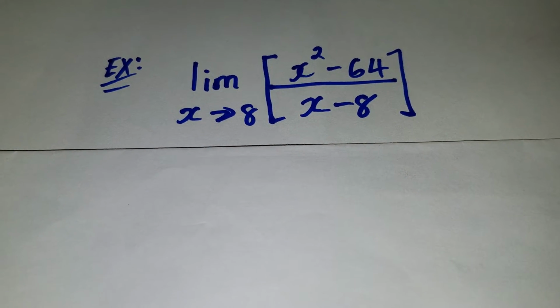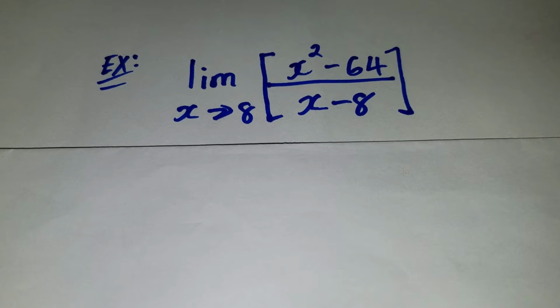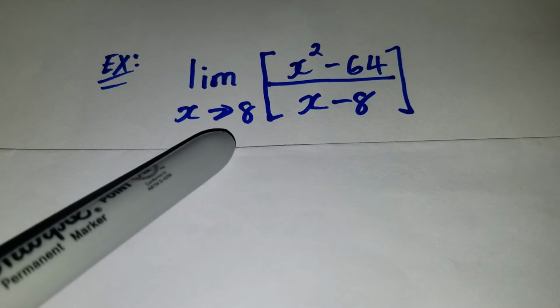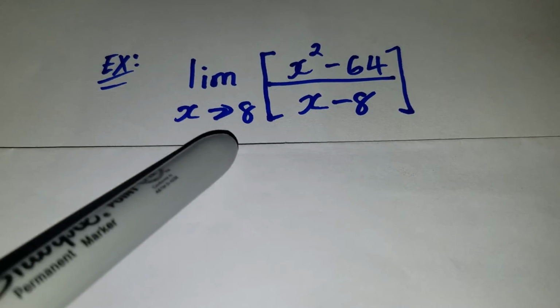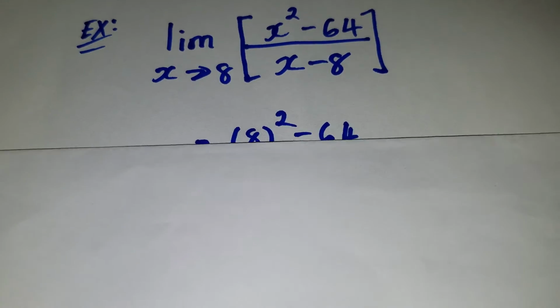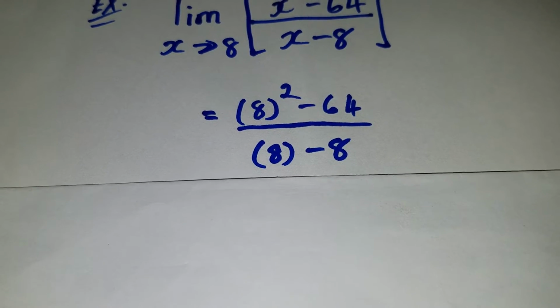In today's video, we'll be looking at another example of how we can calculate a limit of an indeterminate function. Now, once more, to calculate limits, we first substitute the x. So if x approaches 8, we're going to put 8 everywhere x is. Upon doing that, we realize that